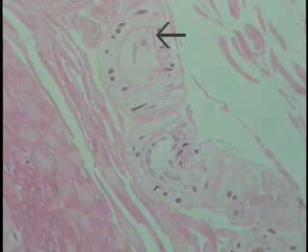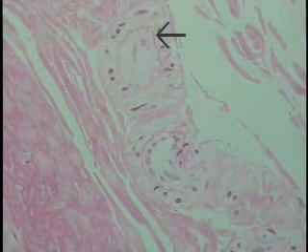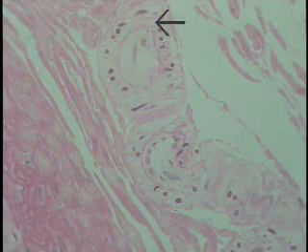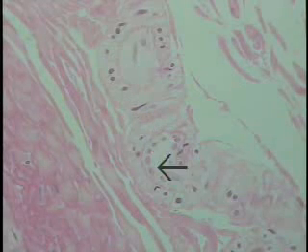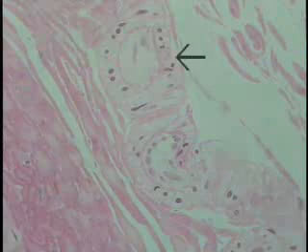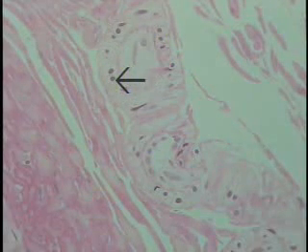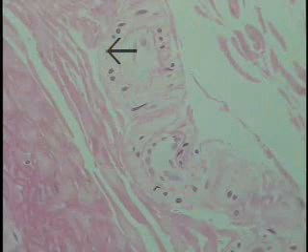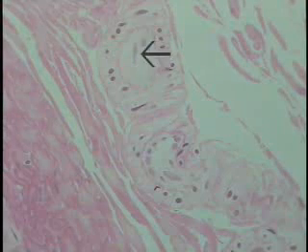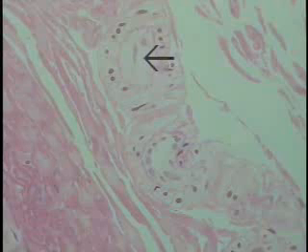That same vasa vasorum seen at increased magnification along the tunica adventitia of a muscular artery. This is the vessel that's cut, and it's a small arteriole. This particular region shows the smooth muscle, which consists of a single muscle layer wrap, as seen in cross-section. The endothelial cells are cut more or less along their longitudinal axis, so you're really not seeing the lumen,